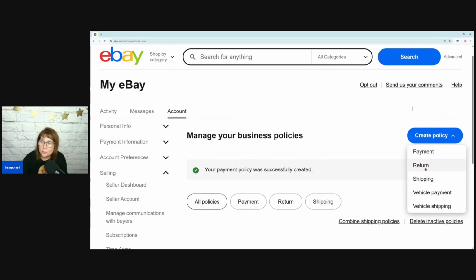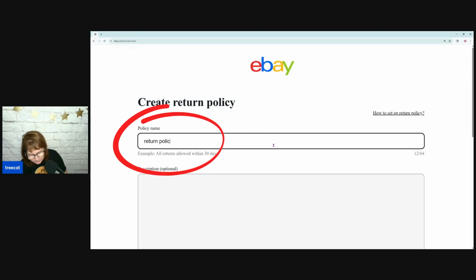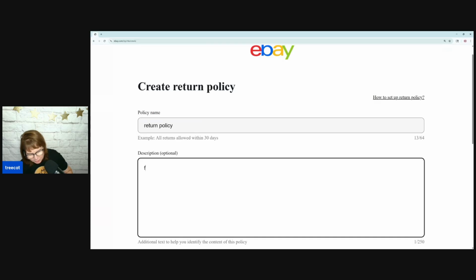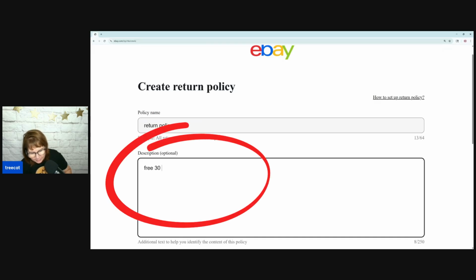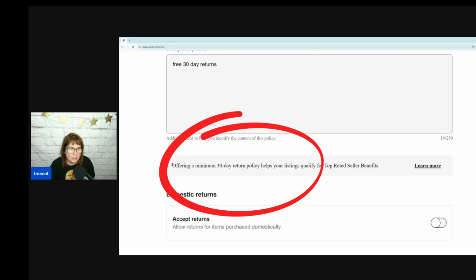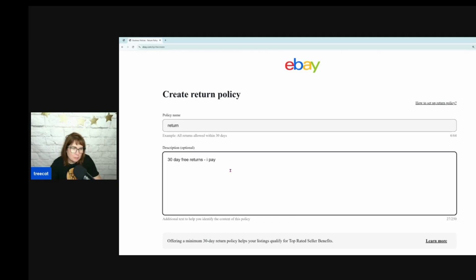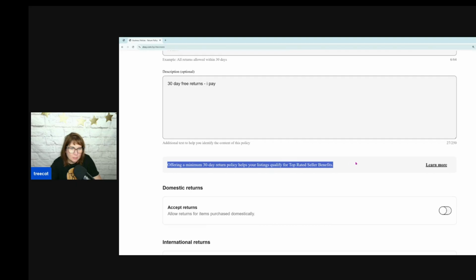Now let's create our return policy. So we go to create policy, return policy. And now let's set it up. We're going to call it return policy. Okay, we're calling it return policy. And I'm going to do free returns. 30-day returns, because I feel like that's going to give me really good top-rated seller status if I can do free 30-day returns. Yeah, and right here it says offering a 30-day minimum return policy helps your listings qualify for top-rated seller benefits. So I'm willing to pay the returns on this because it will qualify me for